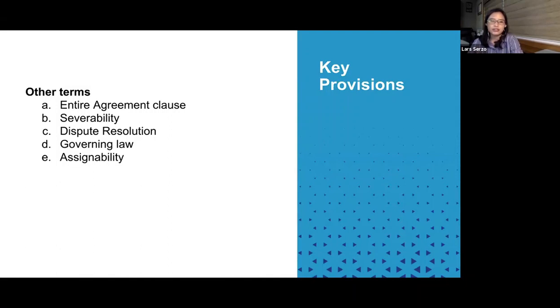So this refers to the right of the parties to assign obligations or rights arising from the contract. Now, if you're the client, you chose the provider for a specific reason. Let's say the provider is credible, the provider has a good history of providing software products. Then you may want to make sure that the obligations there would be done by the provider. So you'd want to limit the provider's ability to assign any of its obligations to a third party.